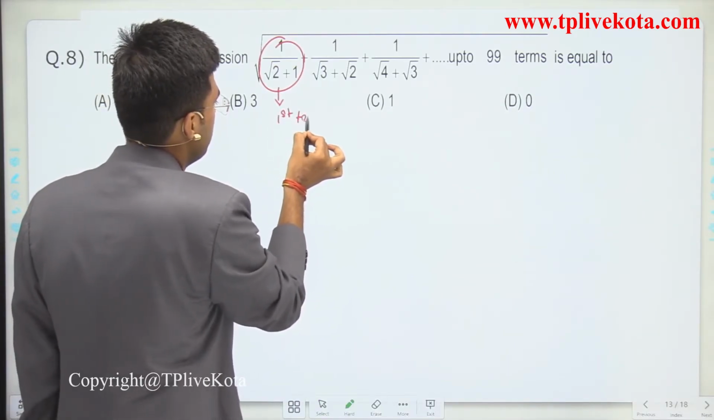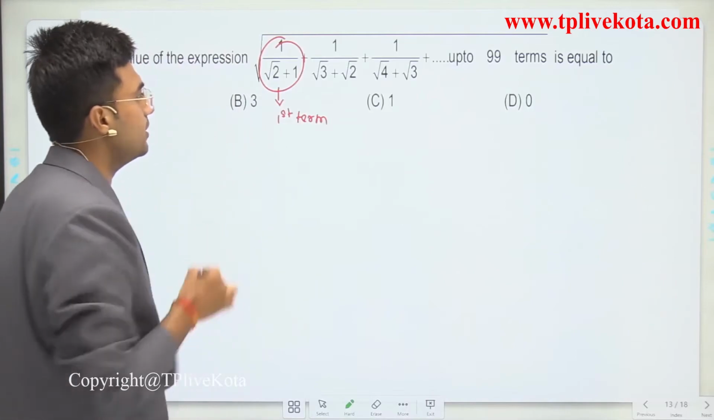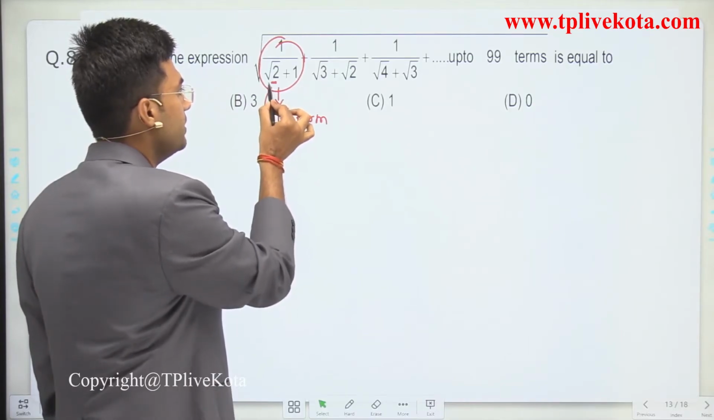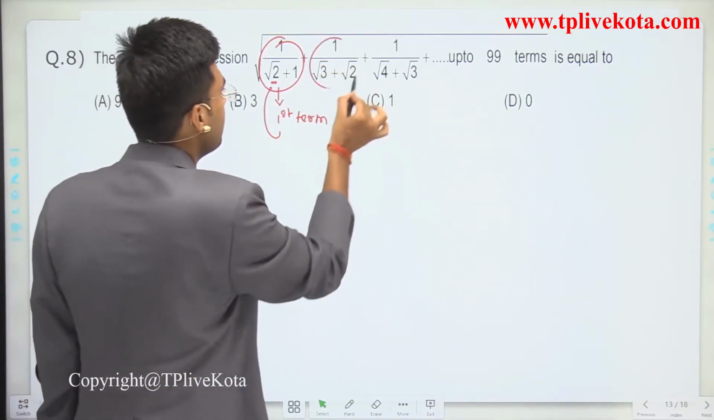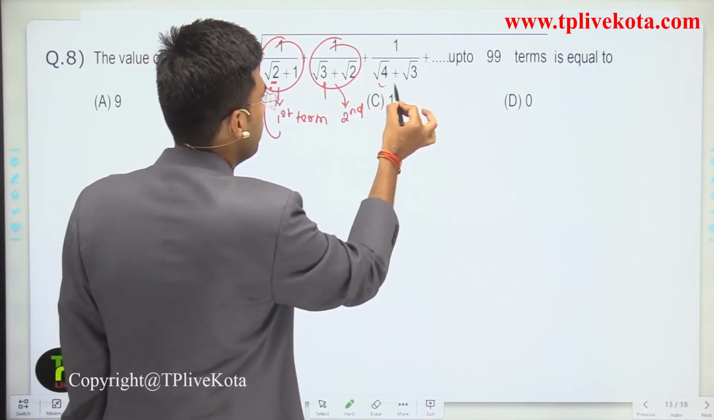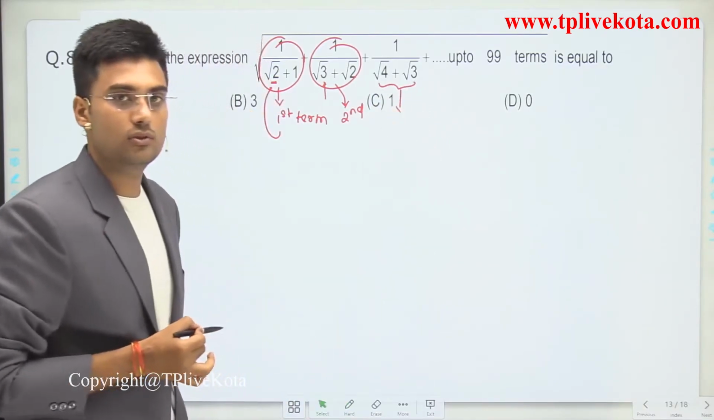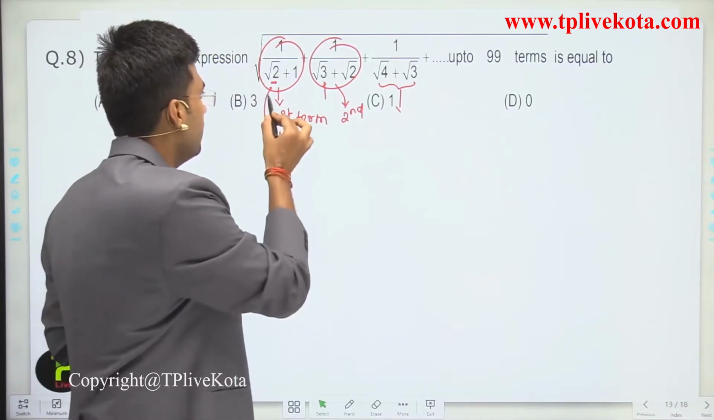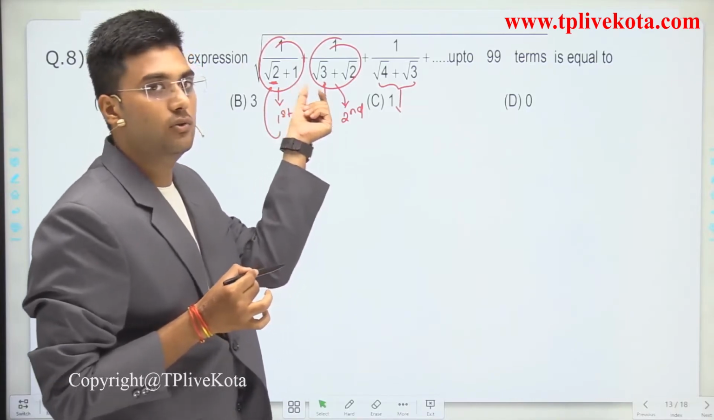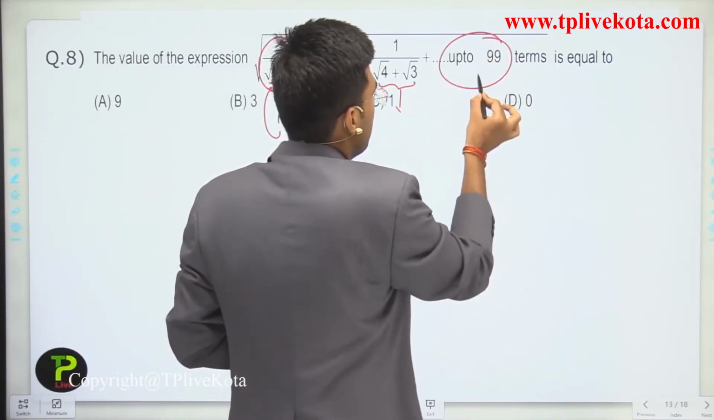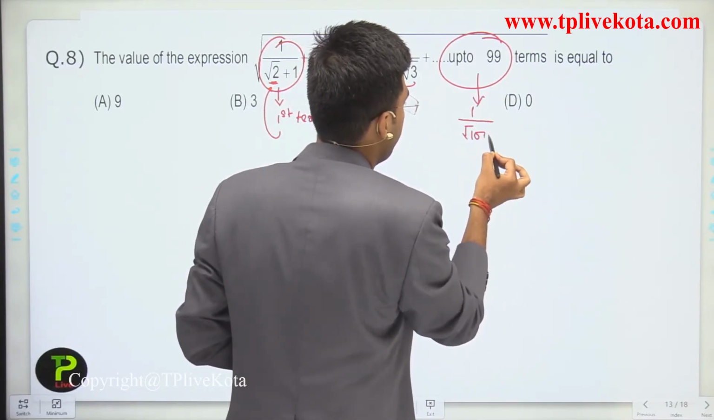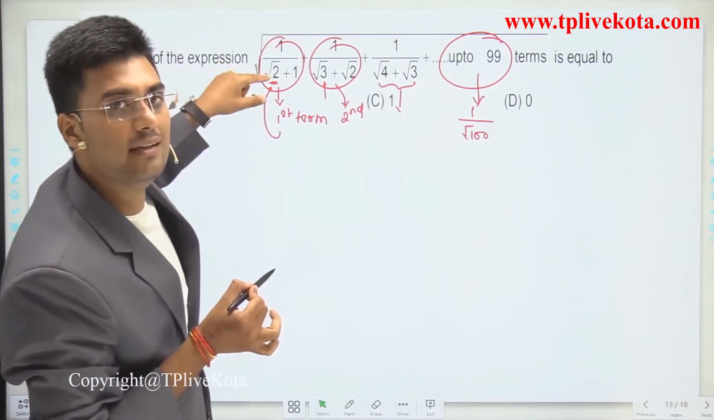This is the first term, and in the first term we observe that the first value is root 2. In the second term it is root 3, and in the third term it is root 4. So we can say that in the first term the first value is root 2, in the second term the first value is root 3. So for the 99th term the first value is 1 upon root 100, because it is always 1 greater than the number of term,